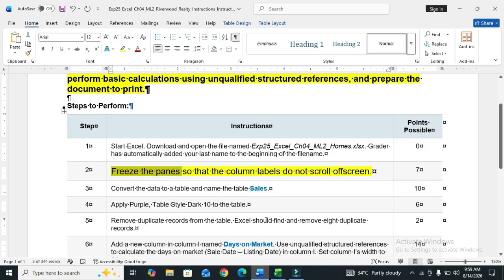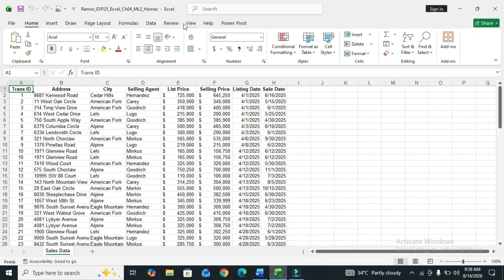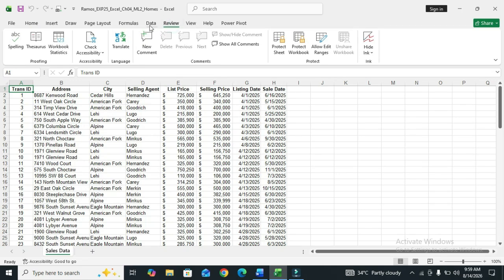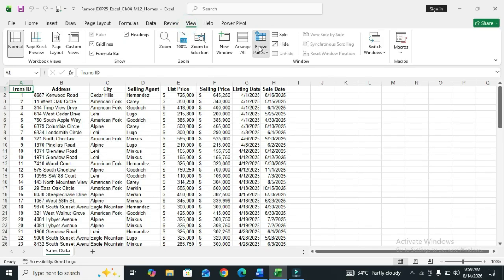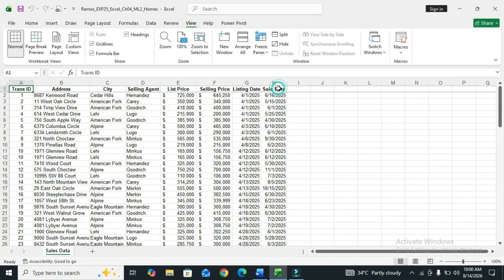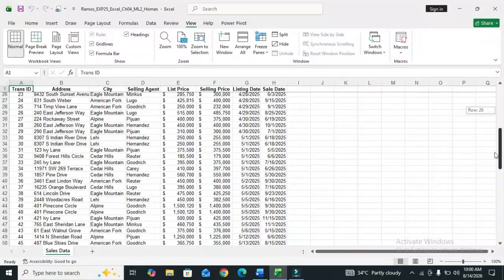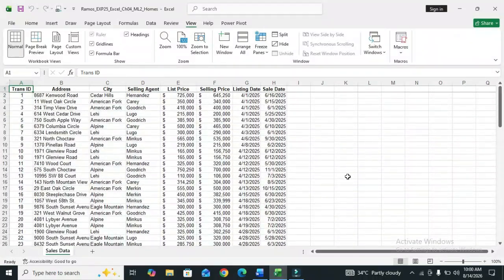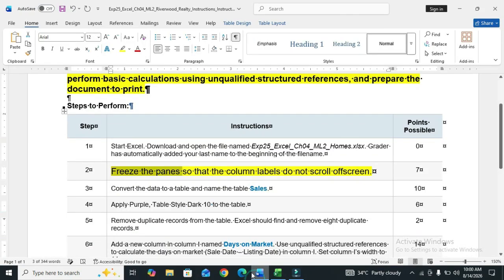Freeze the panes in the View tab of the Excel sheet. Go to Freeze Panes and click on Freeze Top Row. So the top row is frozen, and step number 2 is also done.